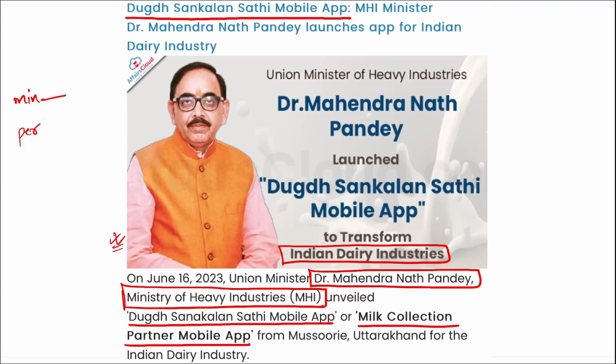This was launched by Dr. Mahendra Nath Pandey, Ministry of Heavy Industries, basically to transform the Indian dairy industry. This was launched from Mussoorie, Uttarakhand for the Indian dairy industry. Correct? Important, take note of it. Then as I said, the main aim here is to improve the quality of milk. Then remember, this is a cloud-based